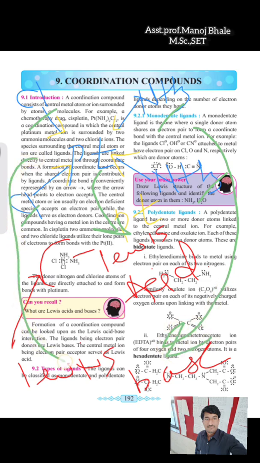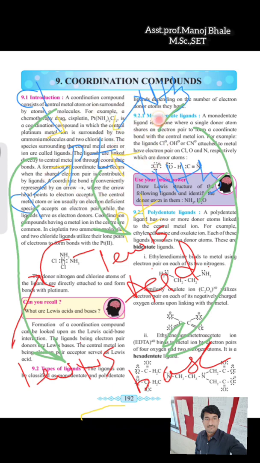This chlorine acts as the Lewis base. A Lewis acid accepts a lone pair of electrons, and a Lewis base donates a lone pair of electrons. You may have noticed the arrow: look, it is directed toward the central metal. The arrow is shown from the ammonia and from the chlorine to the metal. Its meaning is that something is coming toward it, from the chlorine and from the ammonia. That means there is definitely a movement, and this movement indicates electron migration.